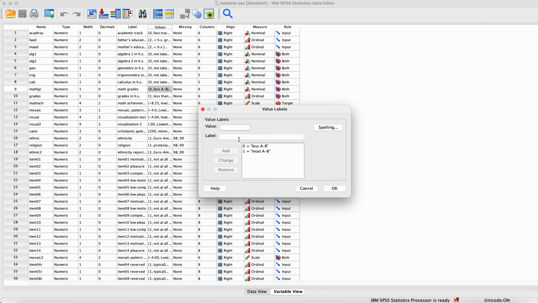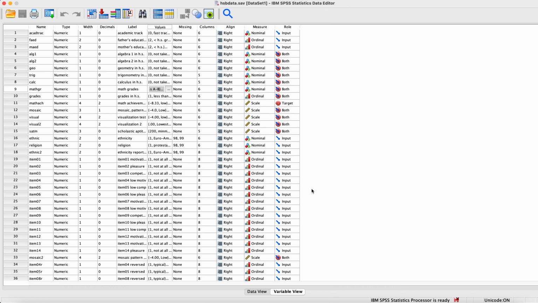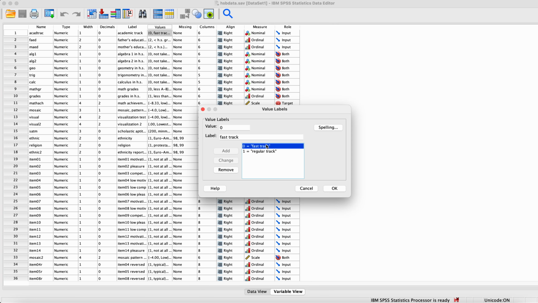So I want to first figure out what on earth math grade is. And so math grade only has two groups. It has less than an A to a B, or mostly an A to a B. So we're just breaking students up basically by a high score versus a low score. Academic track, we know from earlier analysis, is just a fast track or a regular track, which is like an